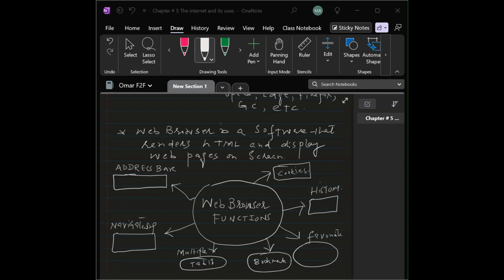Where were we, by the way? Web browser functions. We are done with the web browser functions, and the next topic that